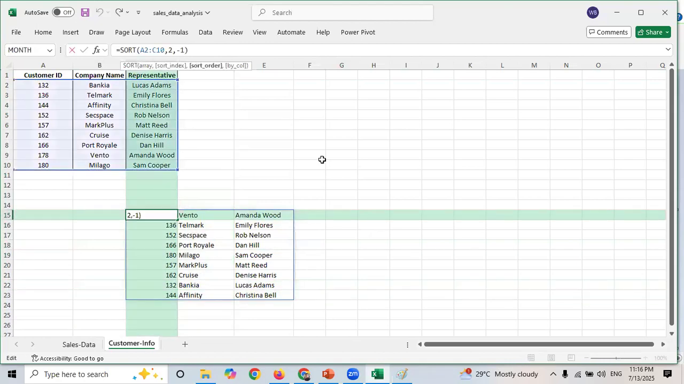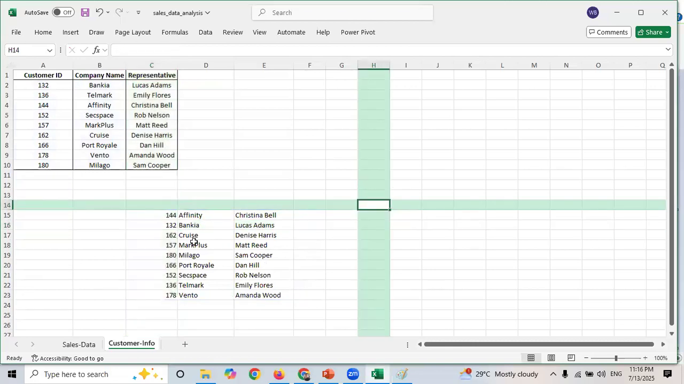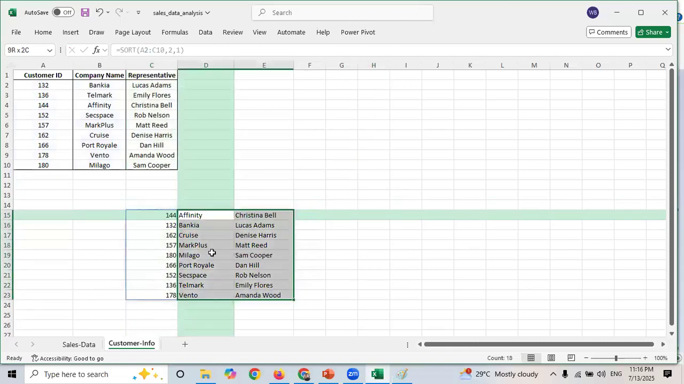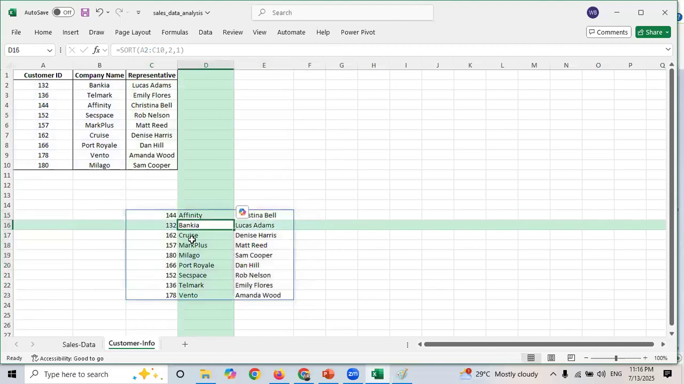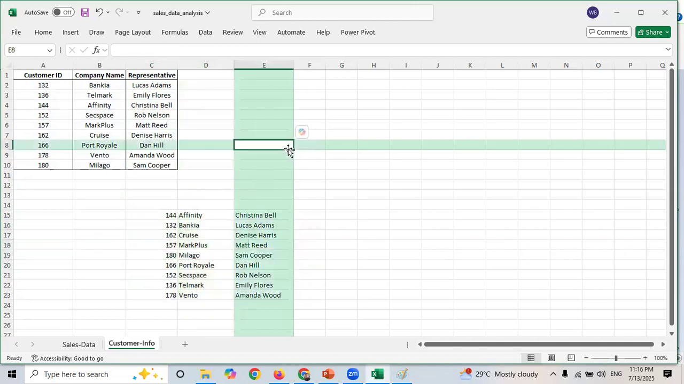What if I want to write ascending? So I have to change from -1 to 1. And when I enter, it will give me what? In the ascending order. Now can you see it is in the ascending order? Affinity comes first, then Benkia, then Cruise, then Mark Plus, Melego. Is it clear how we have sorted our data using the SORT function